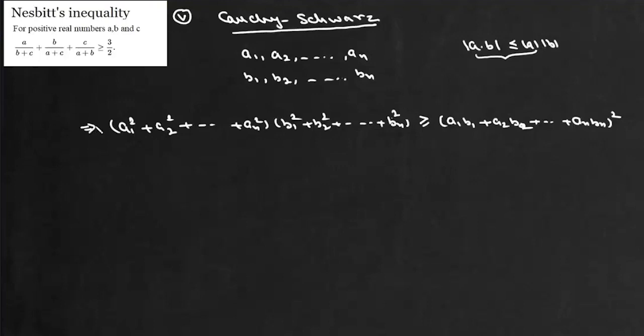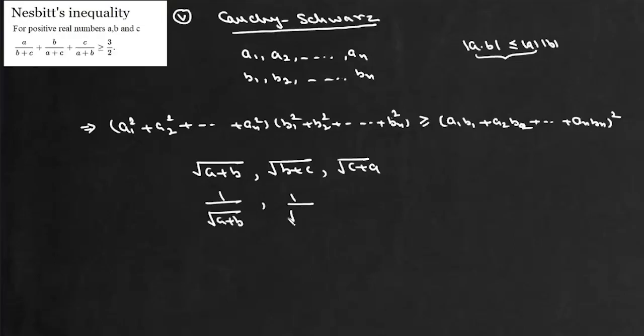तो वापस आते हैं इस क्वेश्चन की तरफ. तो अब इस क्वेश्चन के लिए हम क्या करेंगे, हम 2 सेट ऑफ वेक्टर्स लेंगे. पहला वेक्टर है हमारा अंडर रूट ऑफ a प्लस बी, अंडर रूट ऑफ b प्लस सी, अंडर रूट ऑफ सी प्लस ए, और दूसरा सेट ऑफ वेक्टर है हमारा 1 अपॉन अंडर रूट ऑफ ए प्लस बी, 1 अपॉन अंडर रूट ऑफ बी प्लस सी, और 1 अपॉन अंडर रूट ऑफ सी प्लस ए।